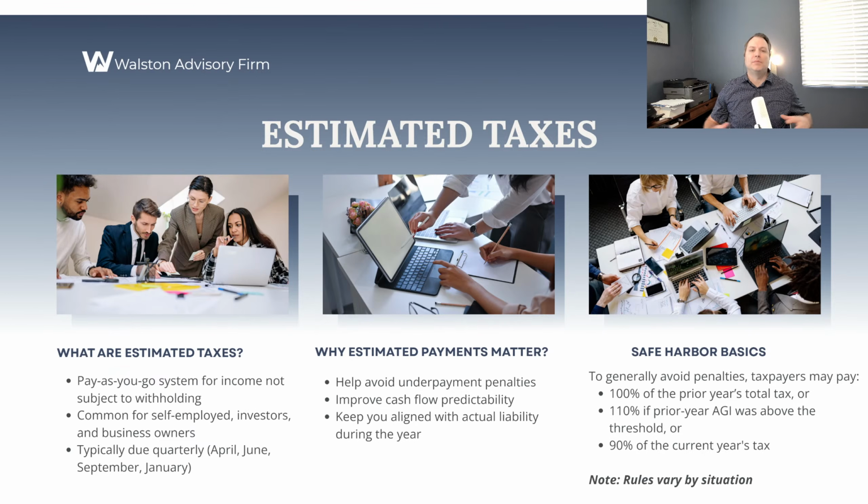The goal with estimated tax payments, at least from my perspective, the main goal there is to avoid any underpayment of tax penalty. The IRS expects you to pay a certain amount of tax throughout the year for the income you make. And if you do not do so, then you get charged a penalty when you file your tax return. So the easiest way to avoid that is through those safe harbor rules there on the right-hand side. And the easiest one is 100% of the prior year tax, or 99% of the current year tax. If you pay that amount, you'll avoid the underpayment of tax penalty.